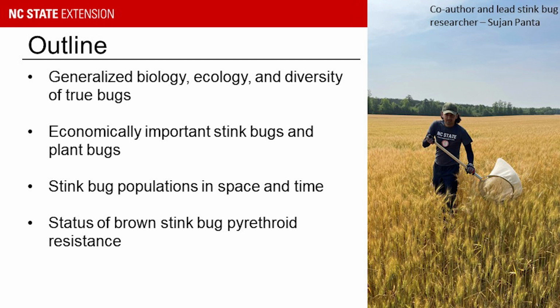So the outline today is really to think about that ecological principle first. That informs how we think about management later. So just what biology of true bugs is, how they reproduce, what we can expect for their life cycle. You know, what stink bugs are economically important in the state of North Carolina. We've seen a shift in the species composition over the past several decades. So I'd like to bring that in, you know, what to expect in the future. A little bit about where we find stink bugs in the central coastal plain. So we've done a lot of work in counties surrounding Wayne County, but, you know, bringing to bear like what